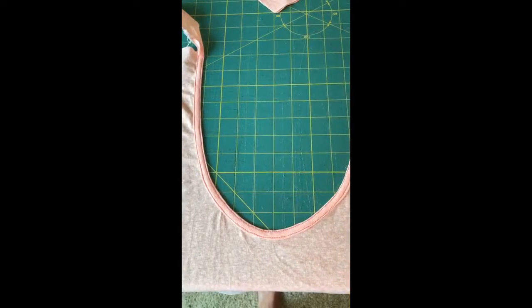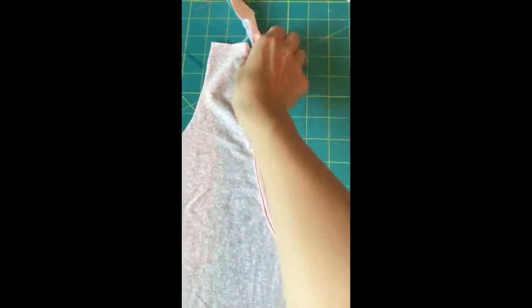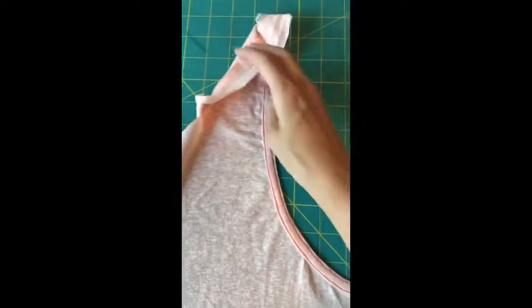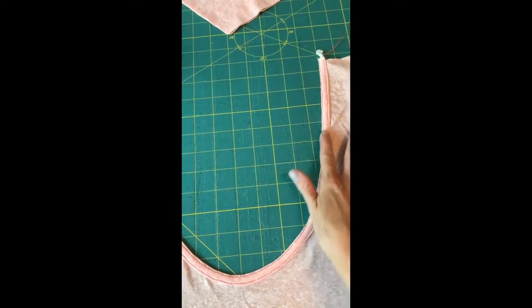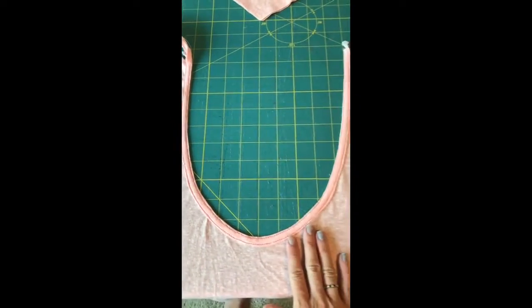Okay, so I've gone ahead and sewn that down, and in my case I used my cover stitch machine, so you can see the stitching along the back here. Not 100% perfect, but it's good enough for me in this top. And so I've just gone ahead and top stitched that. And now I'm ready to take my